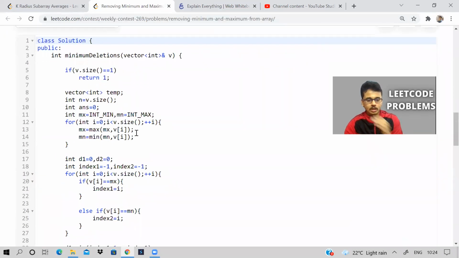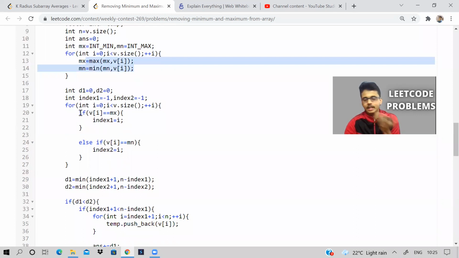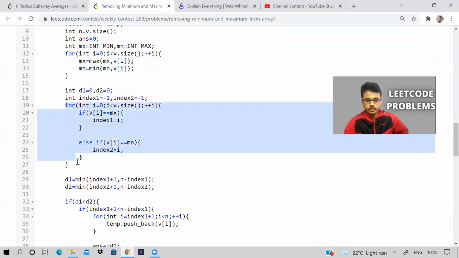I'll explain. So what I did now, first of all, take maximum and minimum. Find out maximum and minimum. Okay. And then find the index. So this also can be done in one pass only, actually. Instead of doing in two pass, I've realized that now you can do it in one pass, because they are all distinct elements. So you can find index as well as maximum element in one pass only. Anyway, I found out the index over here, index of maximum and minimum.